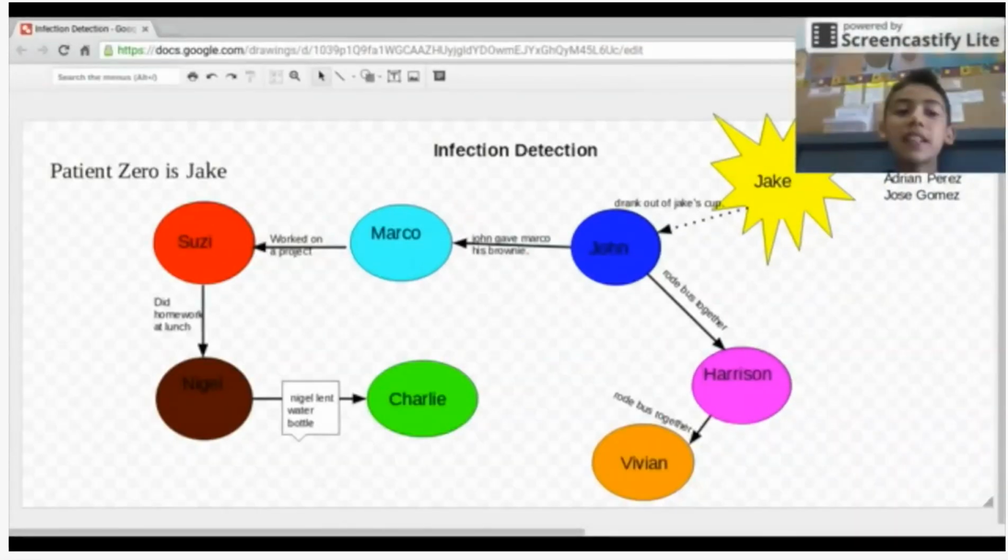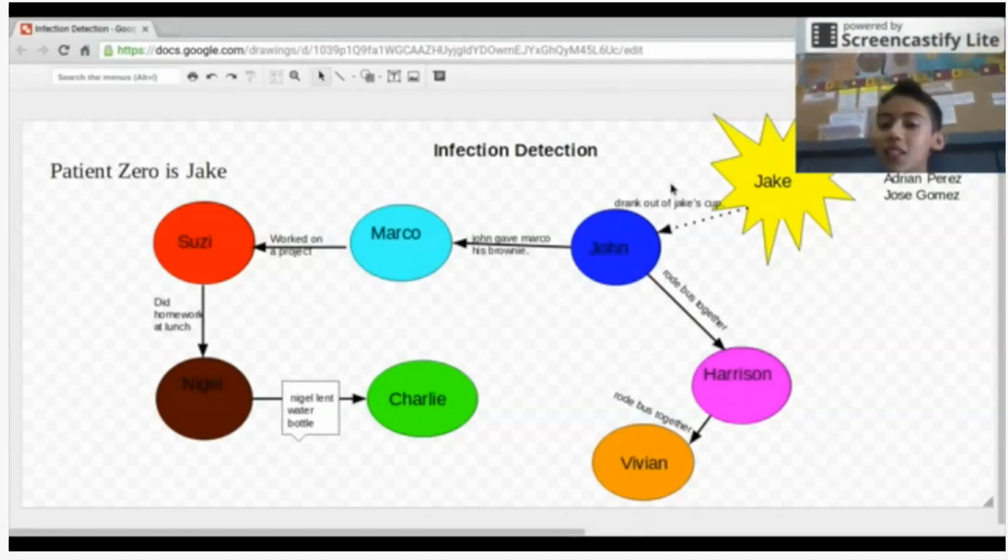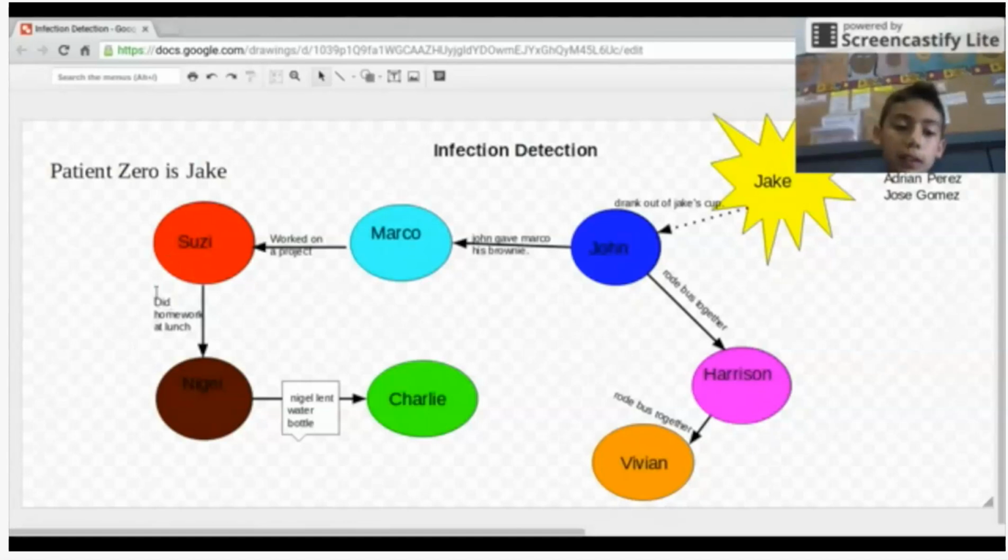Showing you our design process to figure out who patient 0 is. So we think patient 0 is Jake because John drank out of Jake's cup, and then John gave Marco his brownie, and Marco worked on a project with Susie, and Susie did homework at lunch with Nigel, and Nigel lent